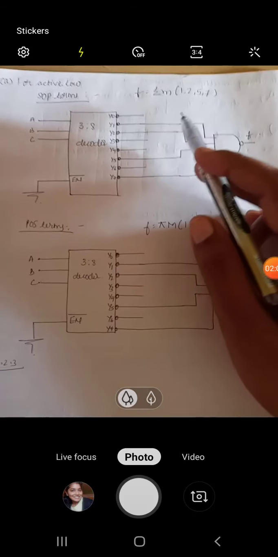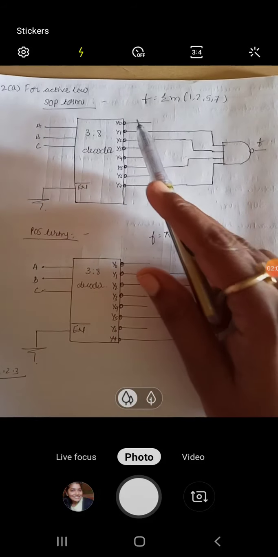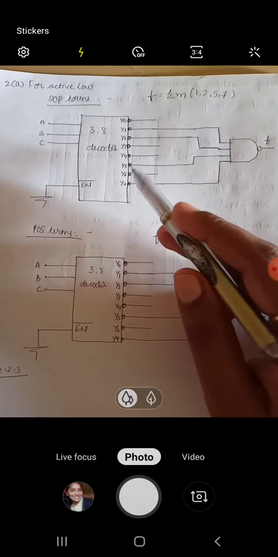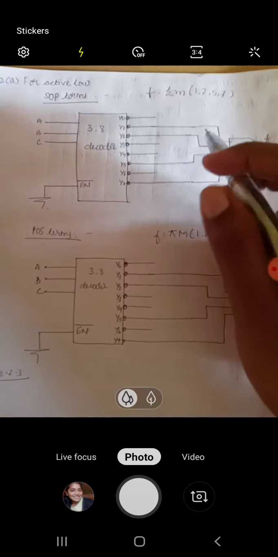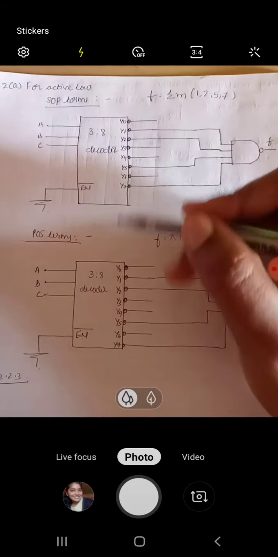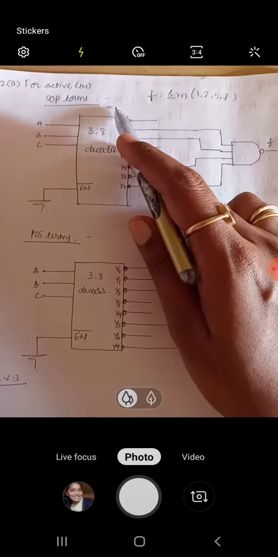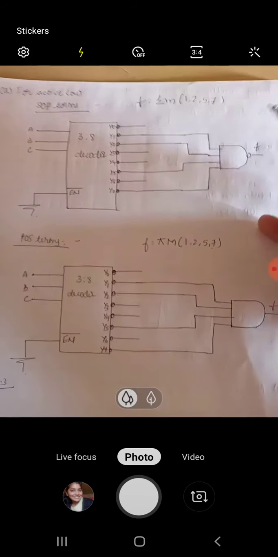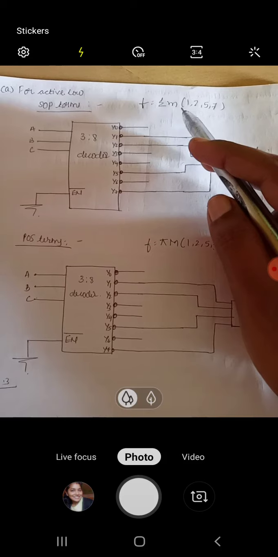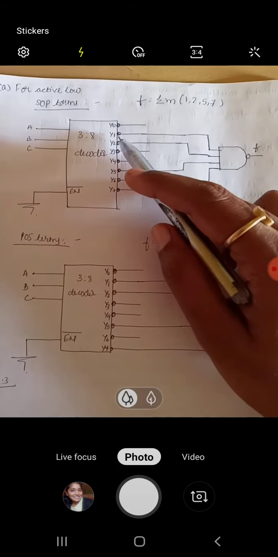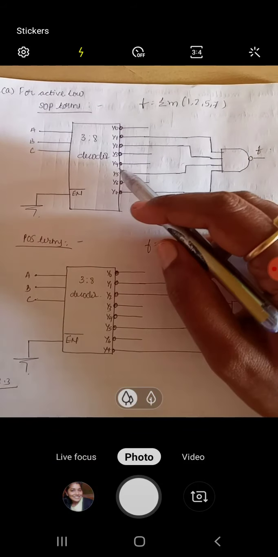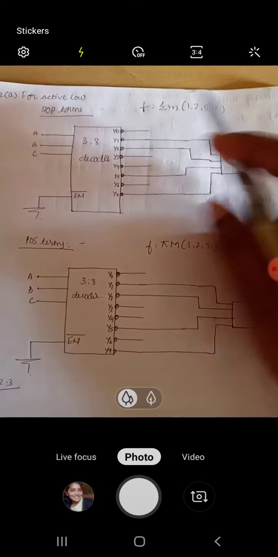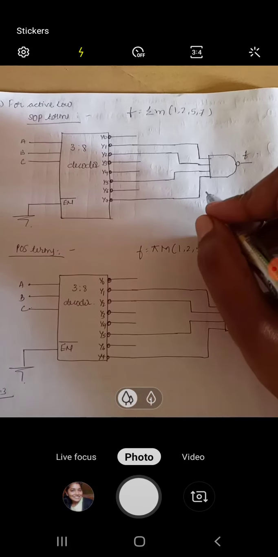Now let us see the same thing for active low. It means you can see the output has been toggled, it means NOR, these are active low outputs. So similarly, again the two terms, that is sum of product, that is min terms, and product of sum, that is max terms, we are going to consider over here. Again I have taken an example 1 2 5 7. So when I represent this, these are already negated, so when you negate it once again, you get back the same. Minus into minus becomes plus.